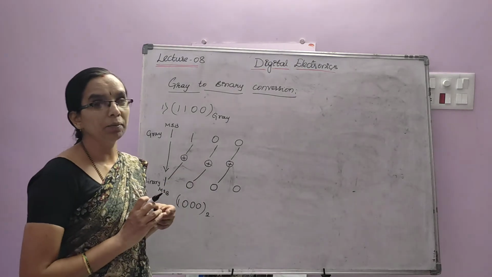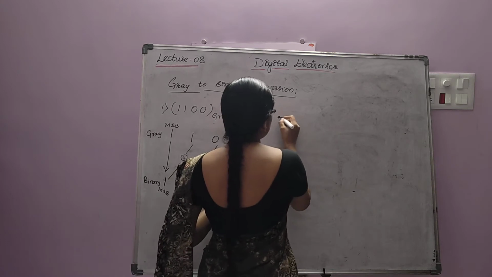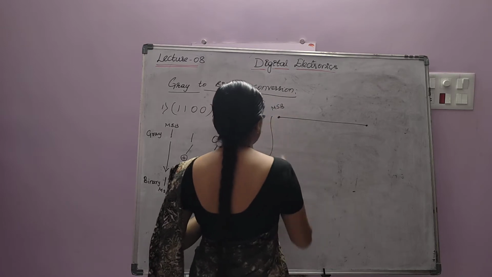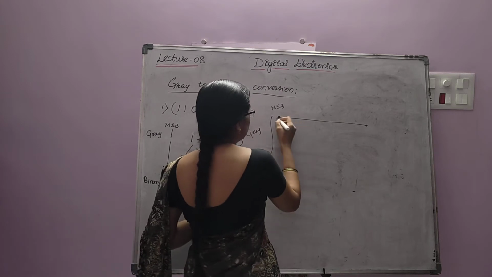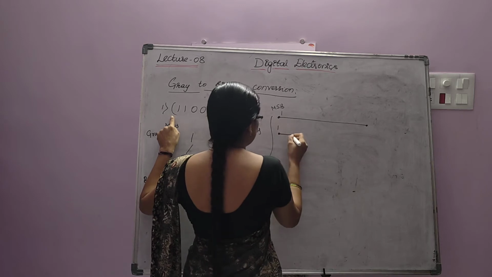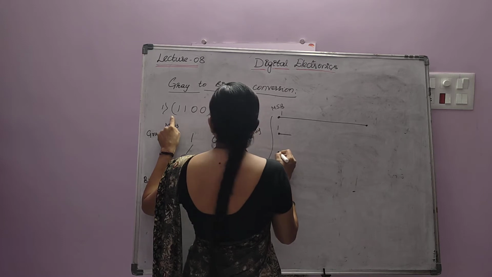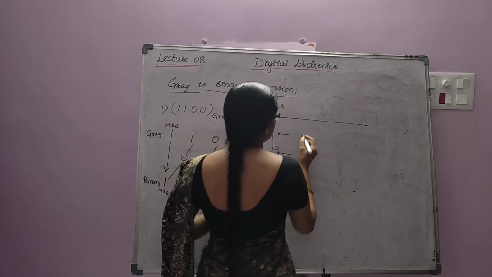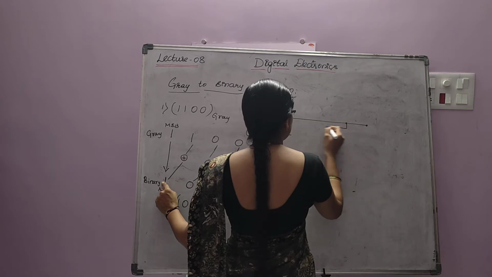And even this can be implemented using XOR gates. On this side we have gray as the input. The MSB of gray is 1. The next one is also 1. The next bit is 0, and the next bit is also 0. So the output 1 is taken,